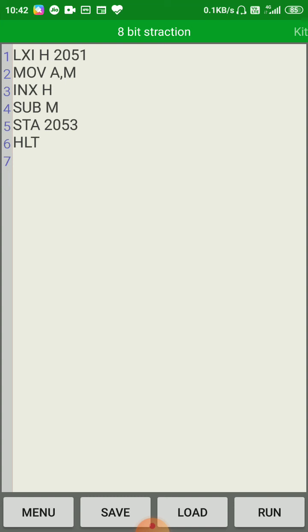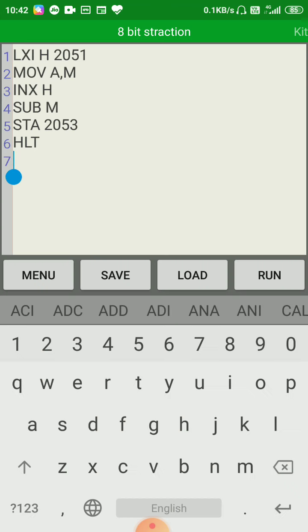That combination is like BC, DE and HL. You can't use combinations like BH, CL, BE. These combinations are not allowed. Only three combinations are there for 16-bit, that is BC, DE and HL.